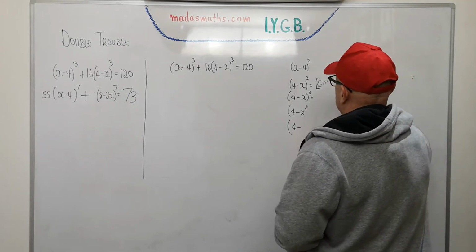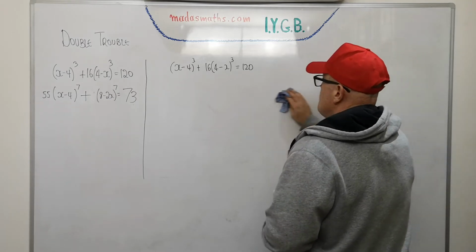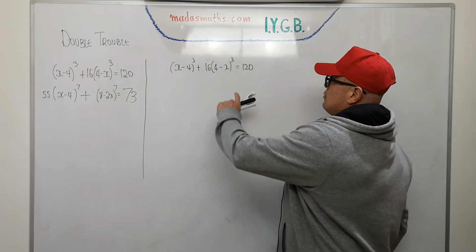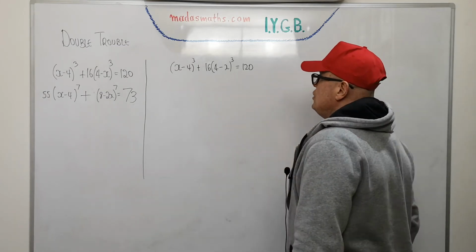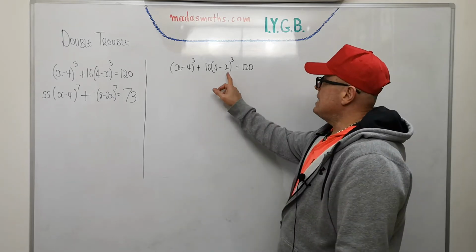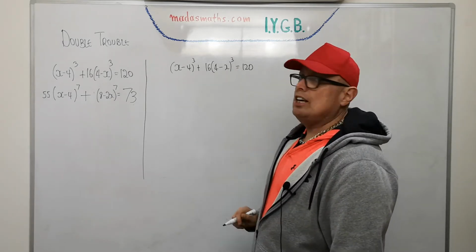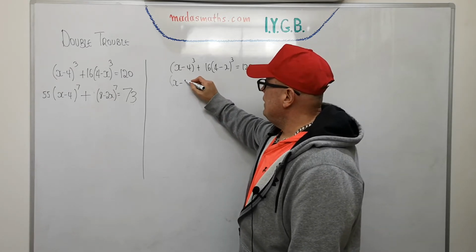If we look at the equation, it contains the terms x minus 4 and 4 minus x. I can swap in fact either, but of course let's swap the ugly one, the one that's 4 minus x. The question is, if I swap it, is it exactly the same or does it generate a minus? The power is cubed, which of course is an odd power. Therefore, if I now swap it,